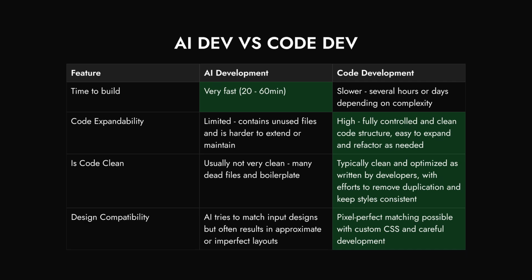Let's compare AI development and traditional code development using the following table. As we can see, building layouts with AI takes significantly less time than doing it by hand with code. However, the downside is that integrating new features can be more complicated. Also, in our example, AI-generated code includes a lot of unused or dead code, which we have to clean up ourselves. On the other hand, coding manually generally takes more time, but the advantage is that we have full control